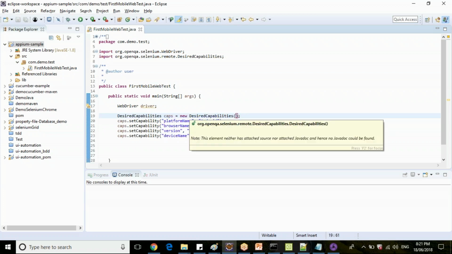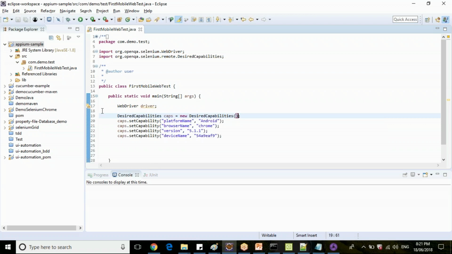Selenium is asking only two capabilities. One is on which platform version you are executing your scripts, either it is an Android version or Mac version, or a Linux version. And the second capability is on which browser you are executing your script, either it is Chrome, IE, or Firefox. Clear?